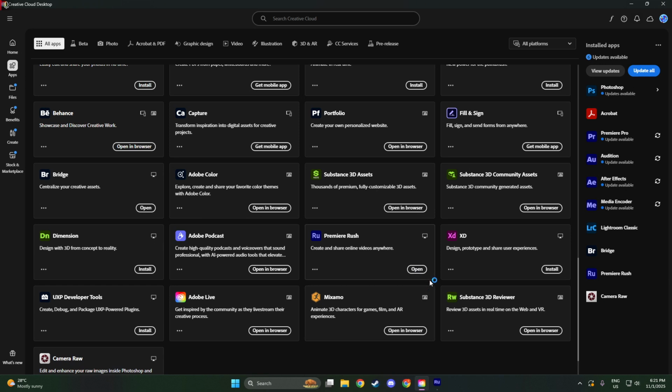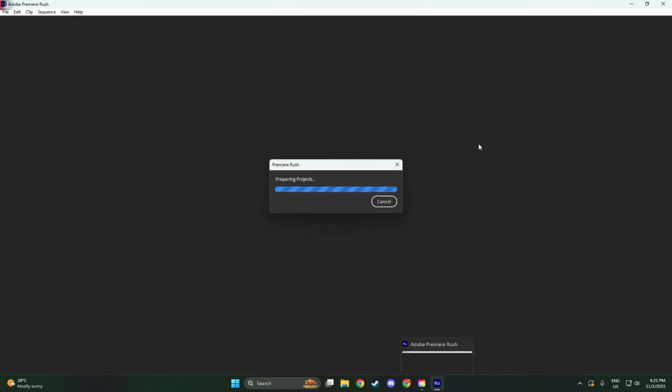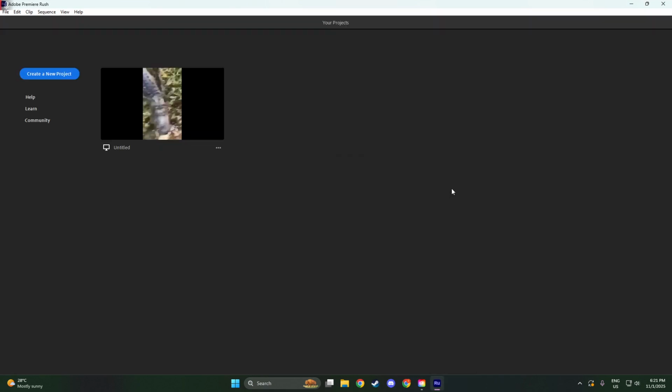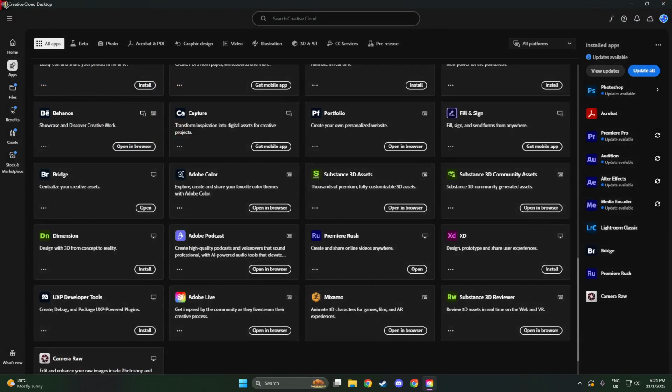This step is crucial because any processes still running in the background might prevent the reset from being successful. Double-checking that the application is no longer visible in your active applications list will help you avoid any hiccups along the way. Once you're sure that Premiere Rush is fully closed, it's time to restart the app, but with a